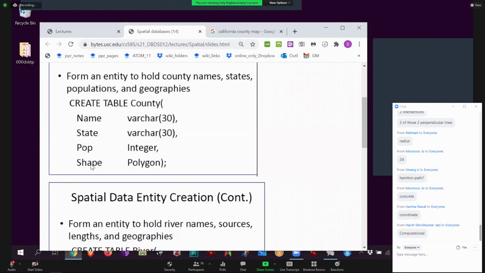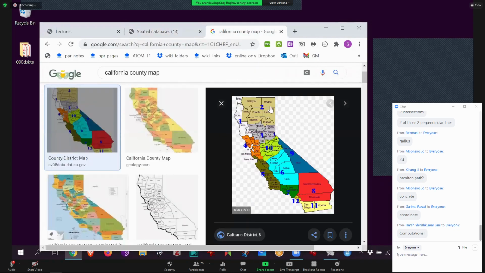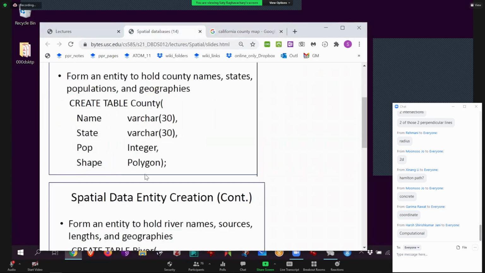The column called shape is actually a polygon type. This is the new type that the spatial layer gives us. Because of this, it can be a series of X and Y values, which will close, and then it knows what the county actually looks like, okay? In other words, you measure so many dots along all of these, and then you turn that whole coordinate array into a polygon.